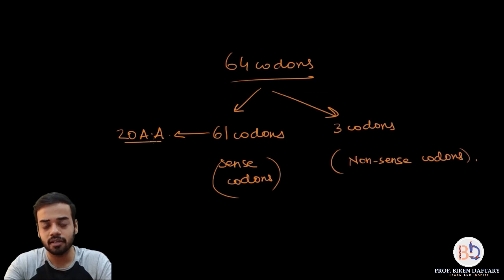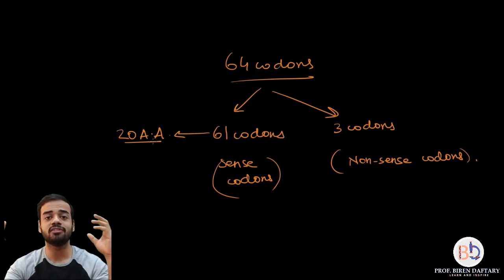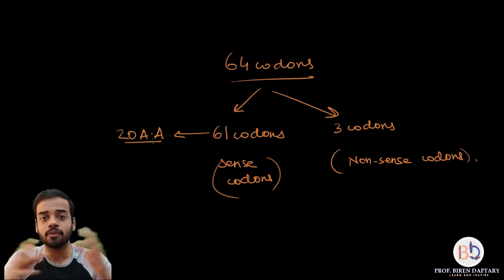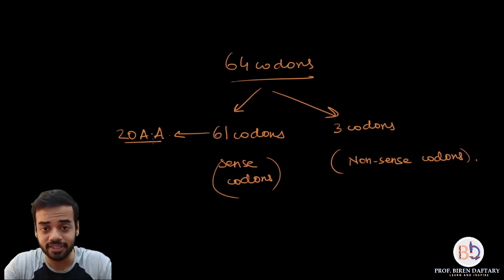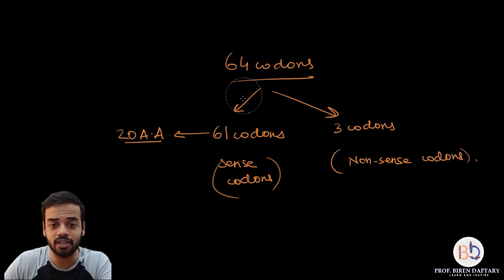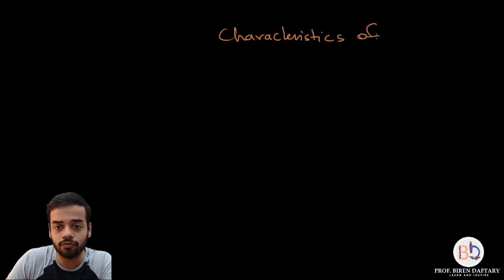Now the next part is who discovered this genetic code. The genetic code was discovered by many people. One among them was Hargobind Khurana, an Indian scientist. Now, what are some of the properties of the genetic code, which is very, very important and asked a lot in theory exams? Write down the characteristics, or the properties, of the genetic code. So the last part in today's revision lecture is going to be the characteristics of the genetic code.